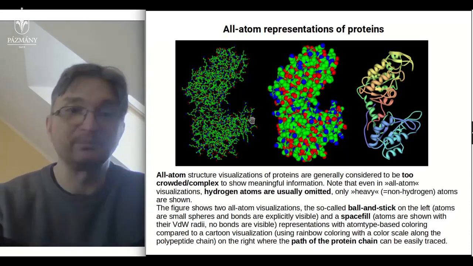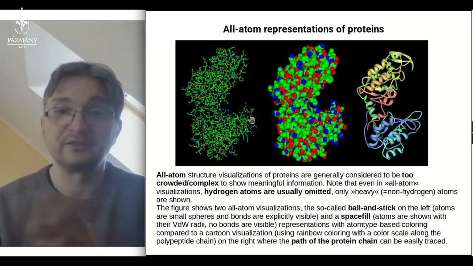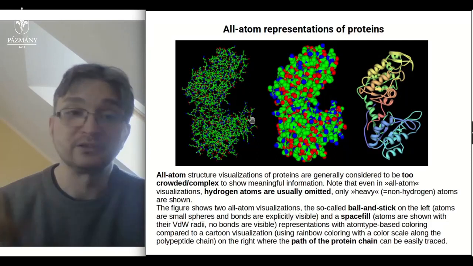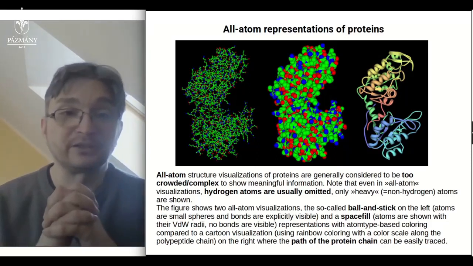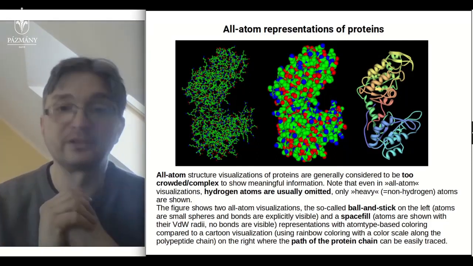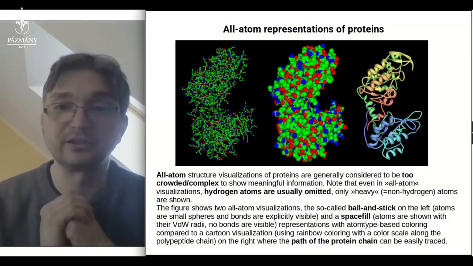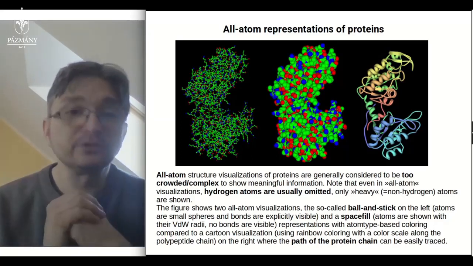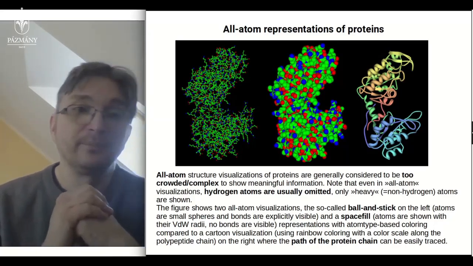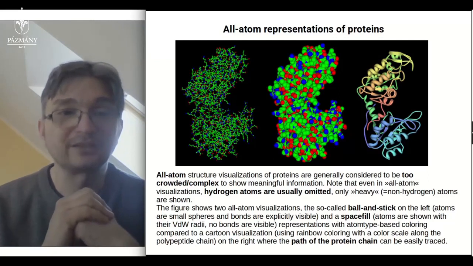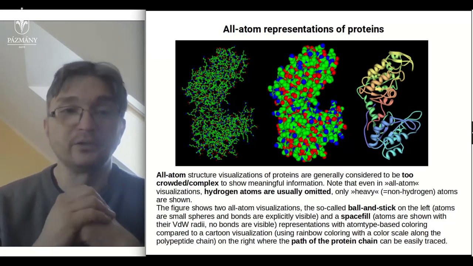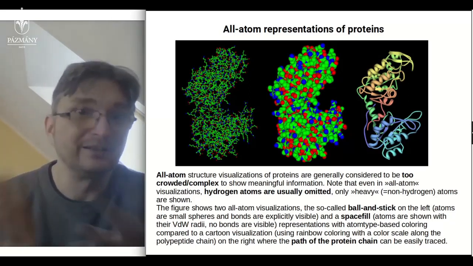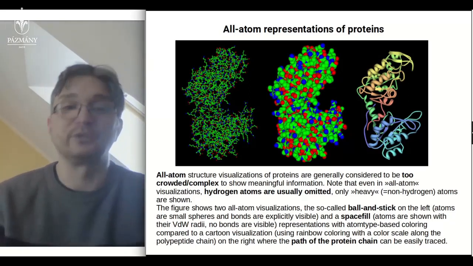You can see that there is a mass of different atoms that are colored differently. Here the coloring is by atom type, so the green atoms are the carbon atoms, because the background is black, red is oxygen, and blue is nitrogen, of course. I am talking about an all-atom representation, but it's not quite true, because in these structures the hydrogen atoms are not even shown. It's already very crowded without showing the hydrogen atoms,